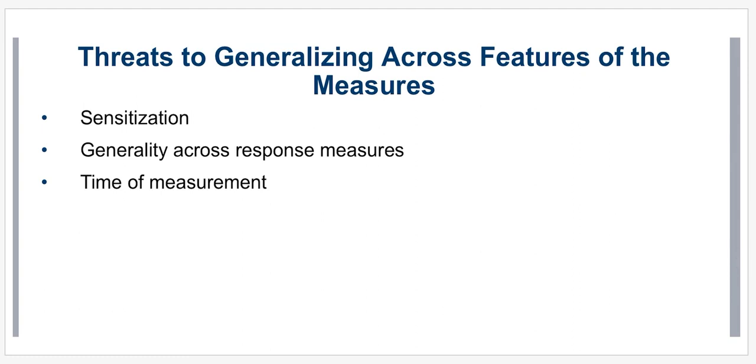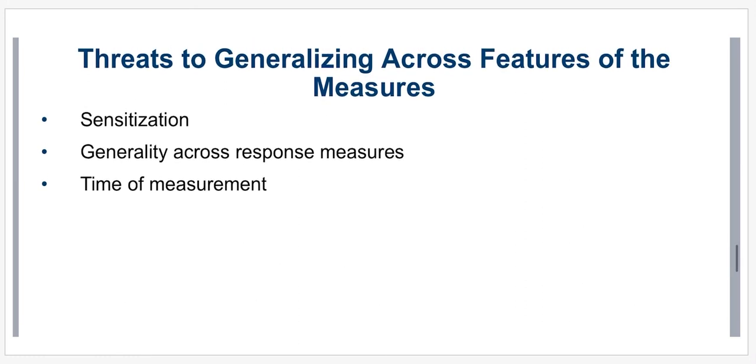generalizing across response measures. So the example that your book used was that there's many different ways you can measure fear, right? We've talked about that before. Heart rate, sweaty palms, anxiety scale, things like that. And so you say you choose heart rate as your assessment, your tool for measuring fear. And that's fine. You have to pick one of those ways for your study. So you use that, but your results that you get